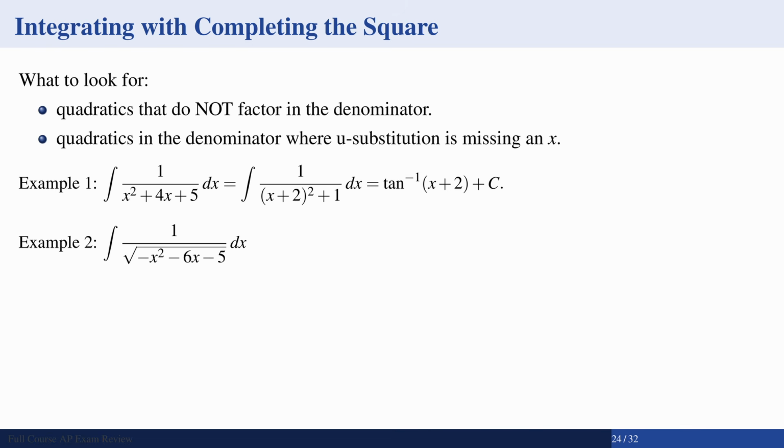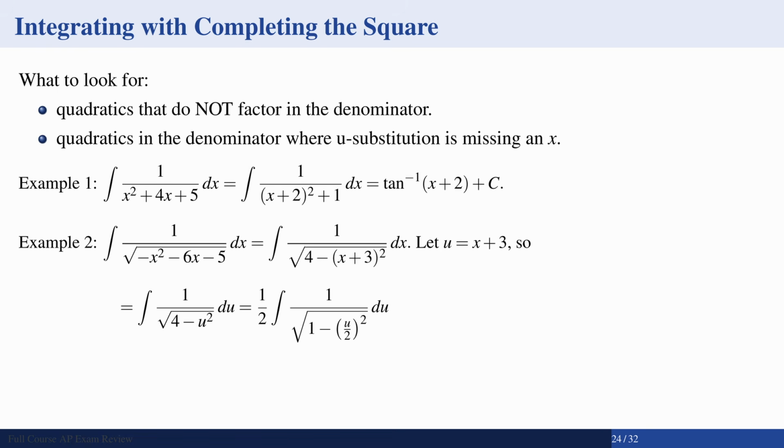The next one, a little more annoying because arcsine, it's just more annoying to get these problems to work. We have 1 over the square root of negative x squared minus 6x minus 5. It's a slightly harder completing the square problem, but look up completing the square, get really good at it. I've completed the square. I'm going to let u equal x plus 3, and that'll turn my integral into the integral of 1 over the square root of 4 minus u squared, but there's still a problem because it's not 1 minus u squared. So then I'm going to factor the square root of 4 out,